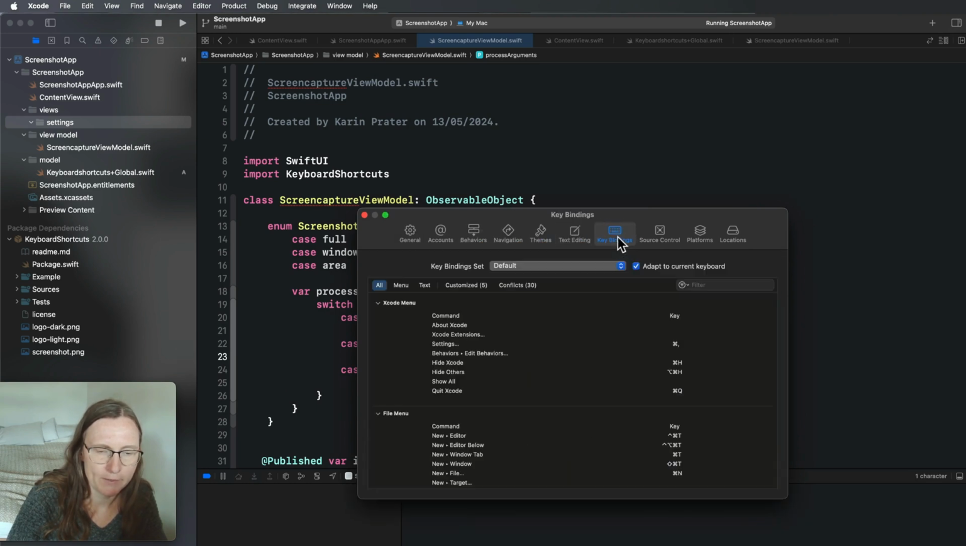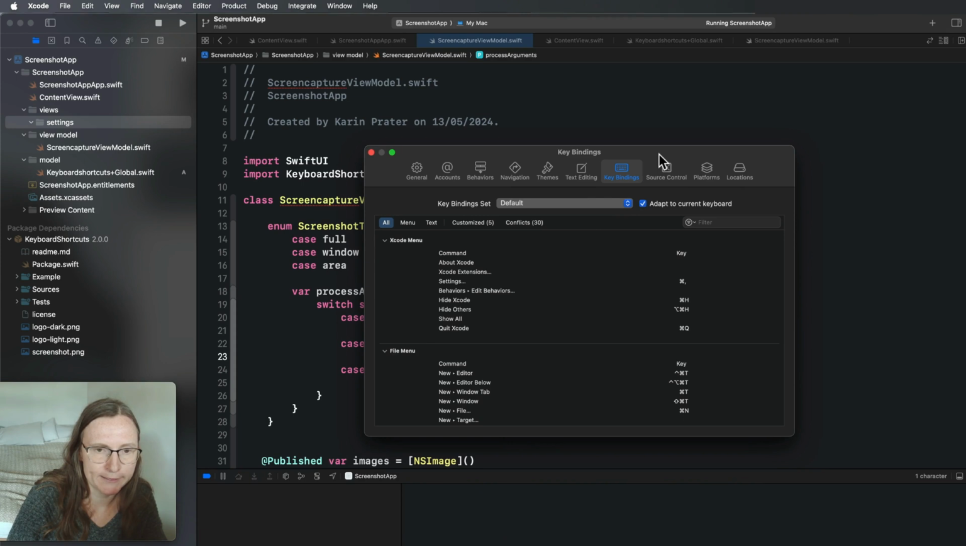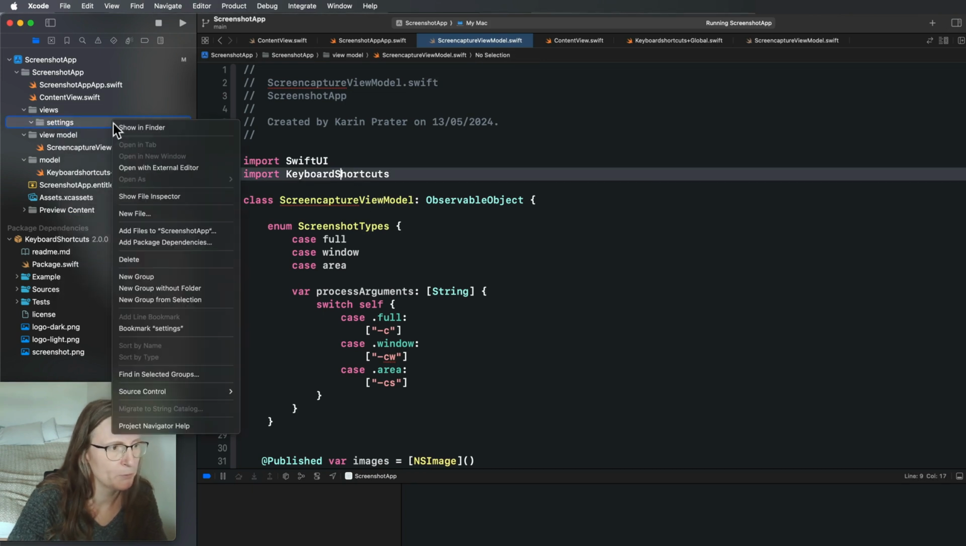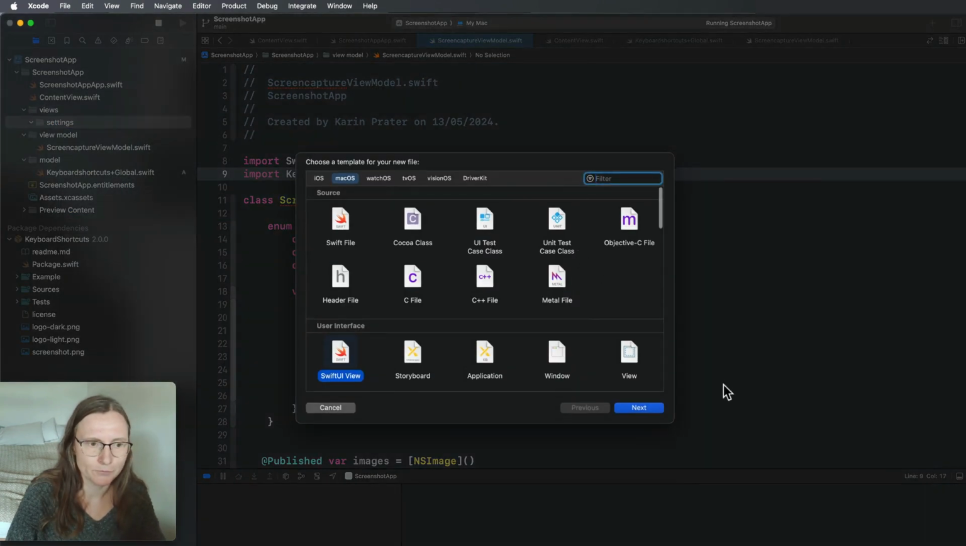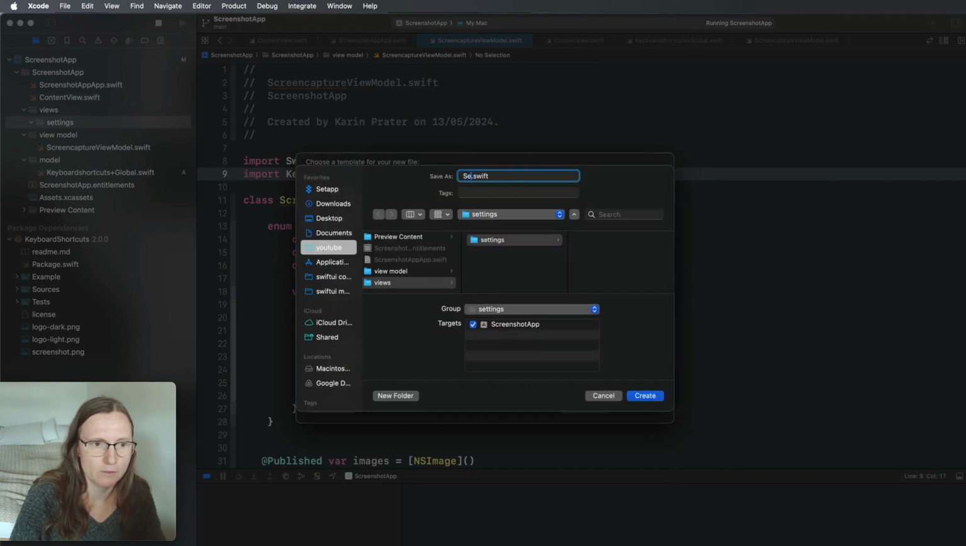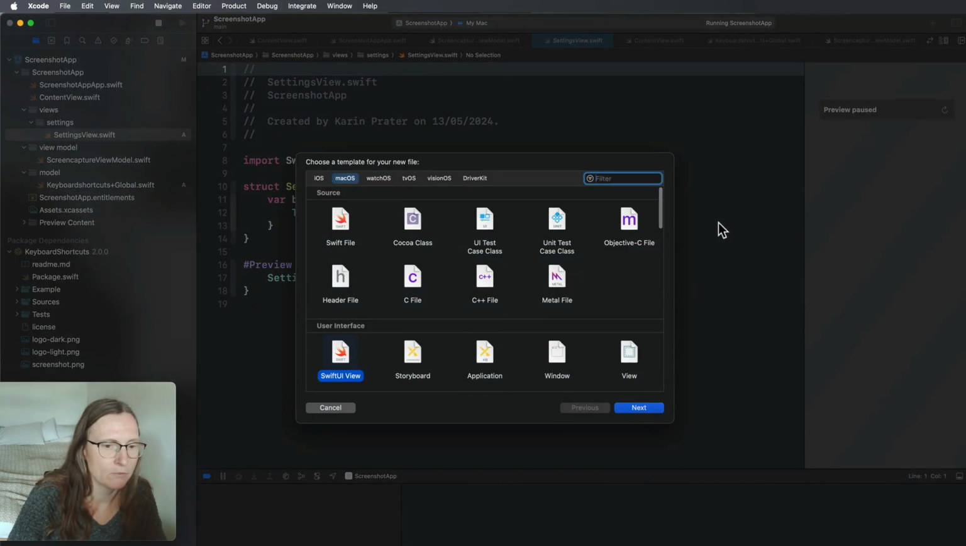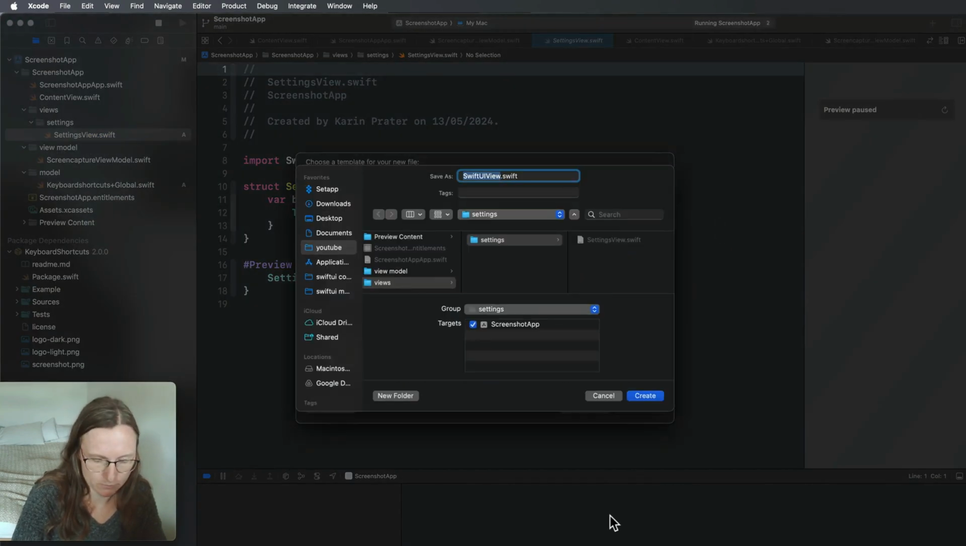This layout is done with a tab view. Together, when you use this with the settings, it will look like this. Let's do this. I'm only going to add 2 sections for now. So I have here in this group a new file for settings view, and I add another one for my keyboard shortcuts settings